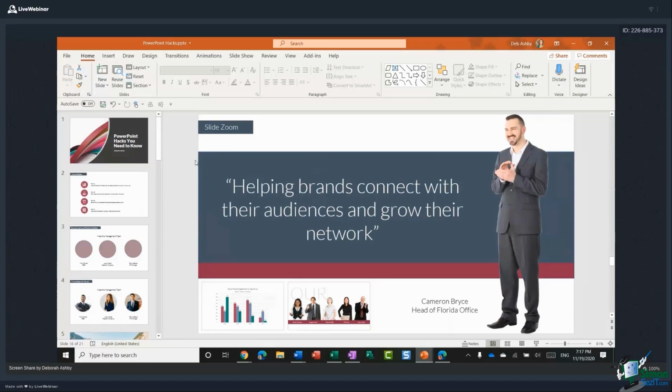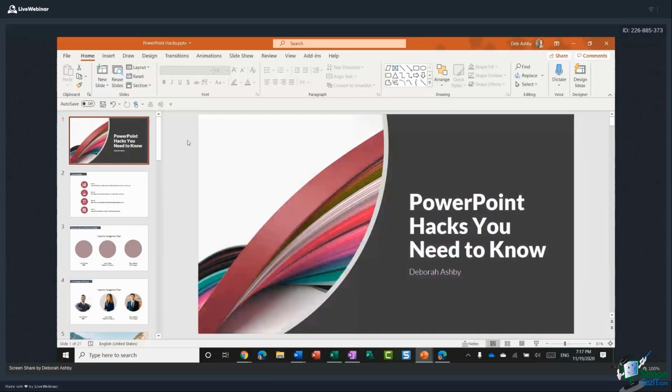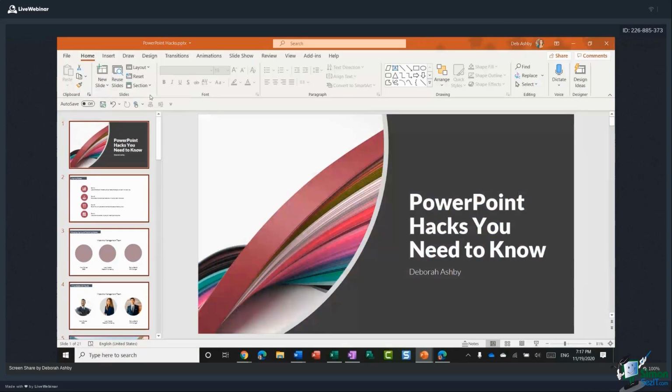So for example, if someone sends you a 75 slide presentation and maybe you need to review just a specific section, it's good to have your presentation split up into sections because you can tell people which section they need to focus on. All right. So what we're going to do is add sections into the presentation. So I'm going to click on my first slide, up on the Home ribbon, Section, Add Section.